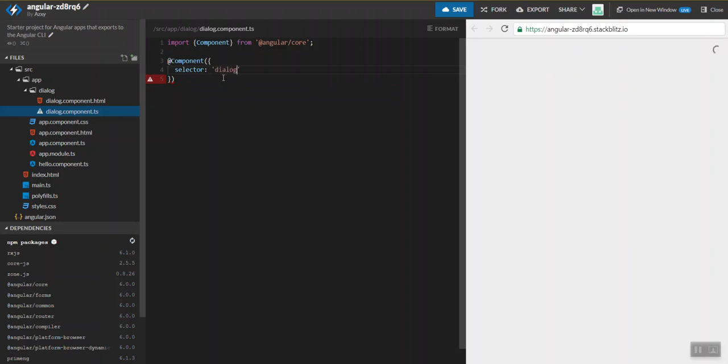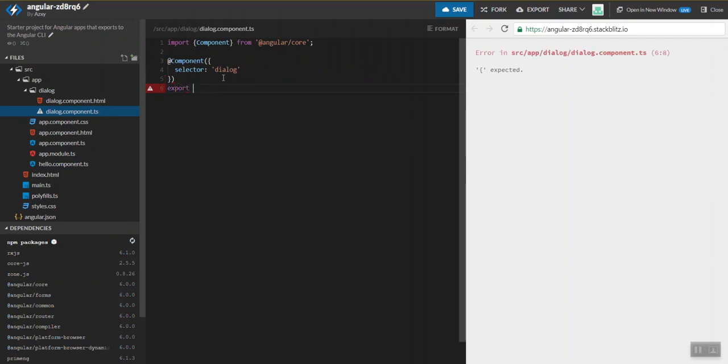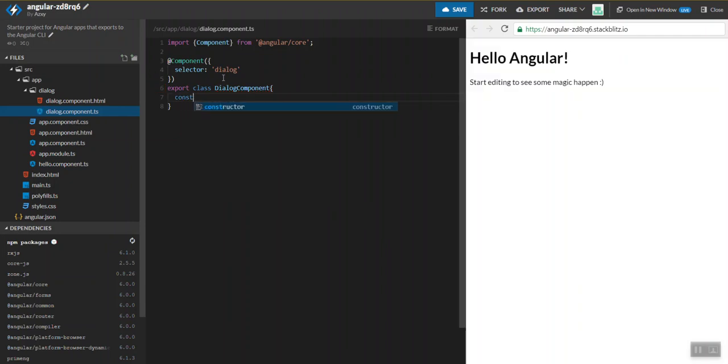We will name it as dialog, and it has to be wrapped inside a class. We will name it DialogComponent. Let us give a constructor,